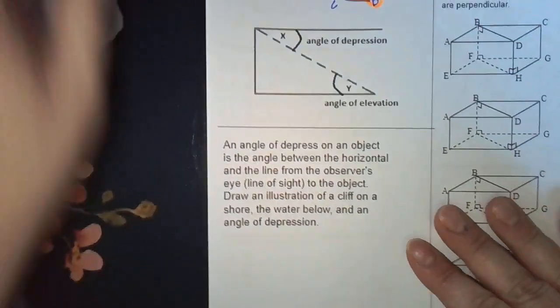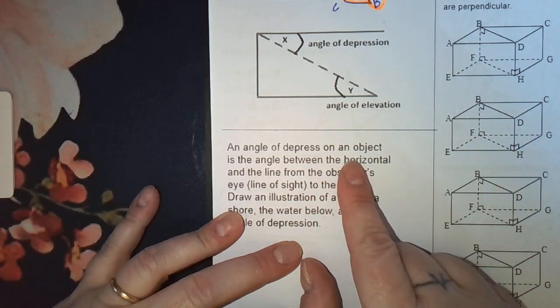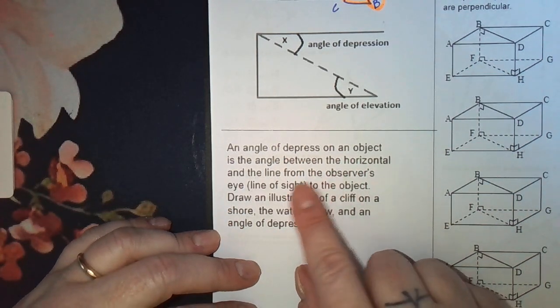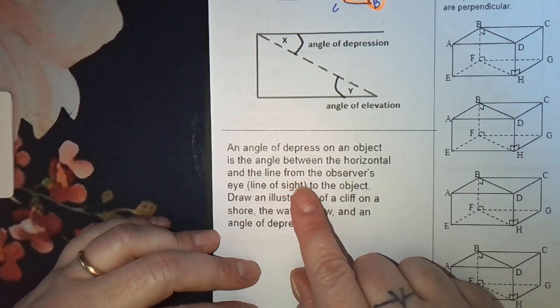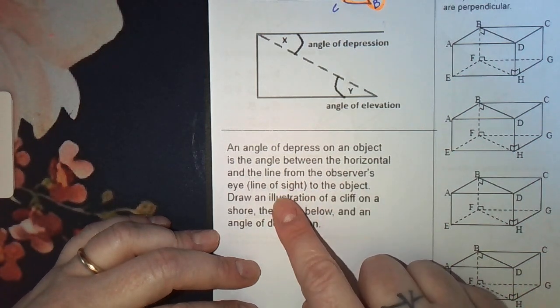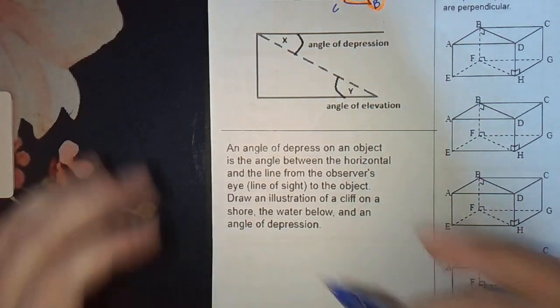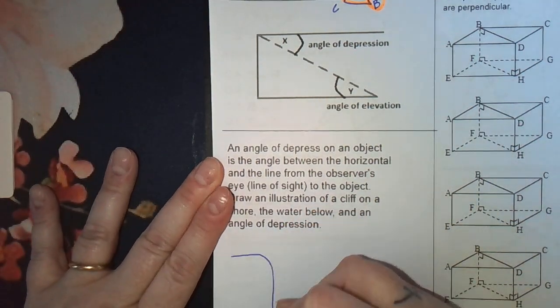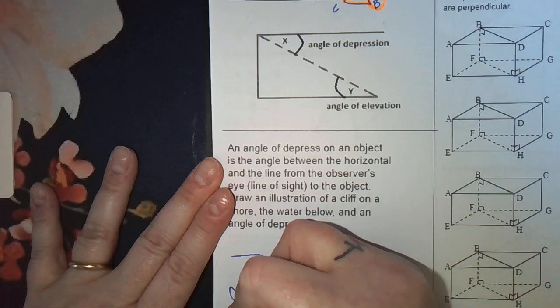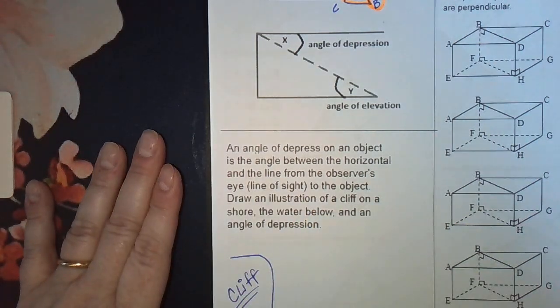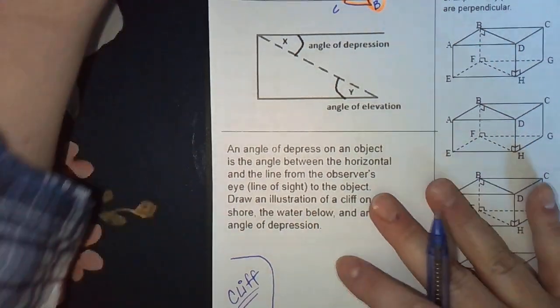It says an angle of depression of an object is the angle between the horizontal and the line from the observer's eye, line of sight, to the object. Draw an illustration of a cliff. Okay, let's draw a cliff. Here's the cliff on a shore. Okay, so